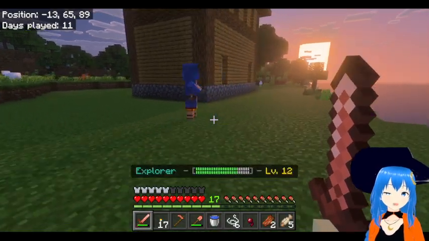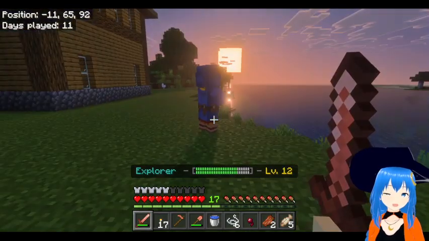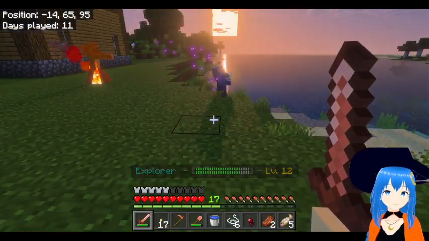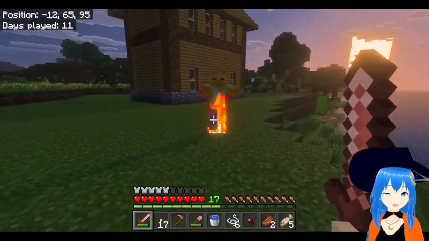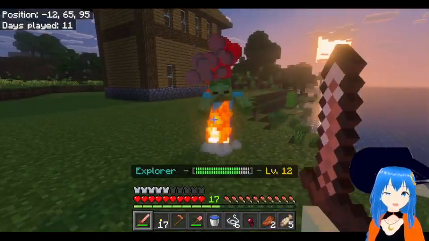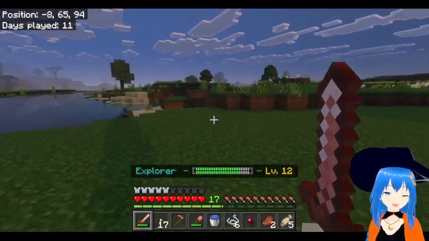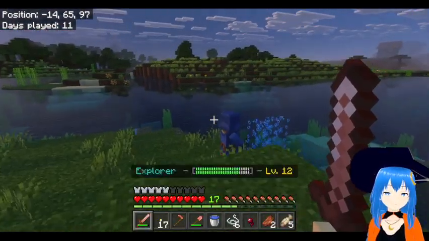Let me see, if he walks around and drinks a milk bucket. Is he gonna drink a milk bucket? Oh no, he was just stupid and didn't drink his potion. Why did he not drink his potion? That one must be like the extra special one. He's the extra special